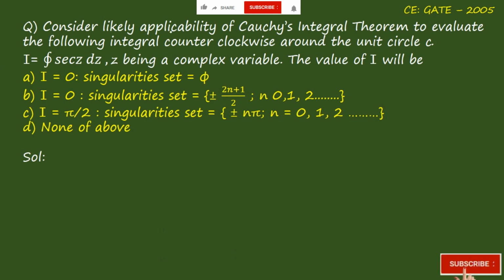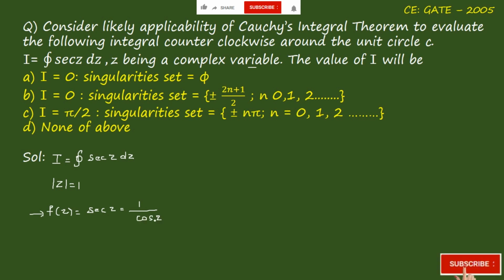The question is, consider the applicability of Cauchy's integral theorem to evaluate the following integral contour clockwise around the unit circle C. I is equal to integral of closed curve secant z dz, where z is a complex variable. The value of I will be. Now they are given that I is equal to integral of closed curve secant z dz. And they're talking about a unit circle. So mod z is equal to 1, right? If you consider f of z is equal to secant z, then we can write this one as